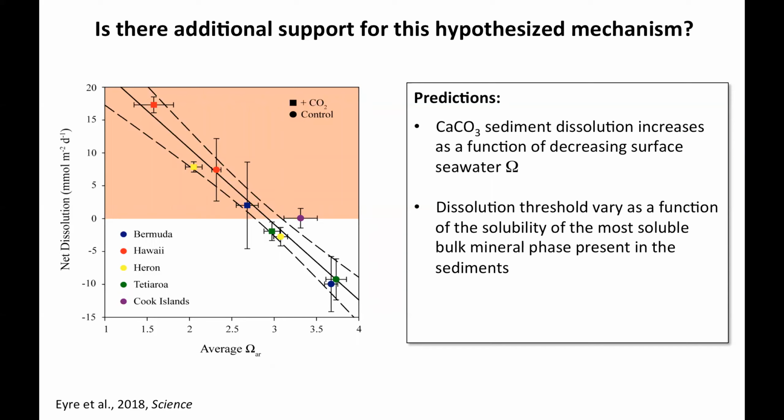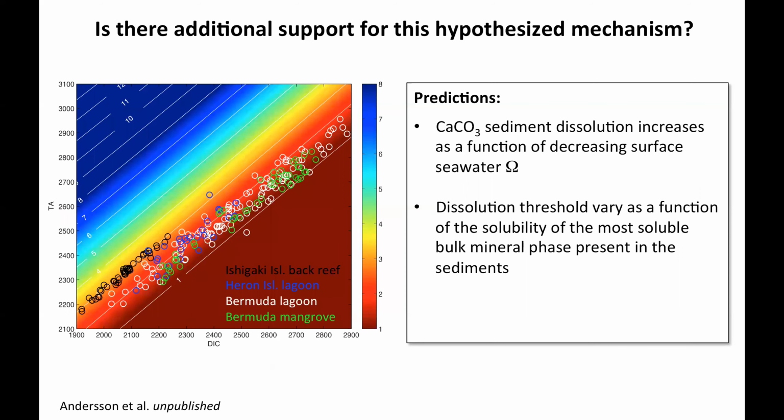The second prediction is perhaps a little bit more challenging because it's very difficult to identify the solubility of the most soluble bulk mineral phase present in the sediments. But if we look at pore water data from 4 different locations, we can clearly see that the solubility threshold and the aragonite saturation state within the pore water happens at